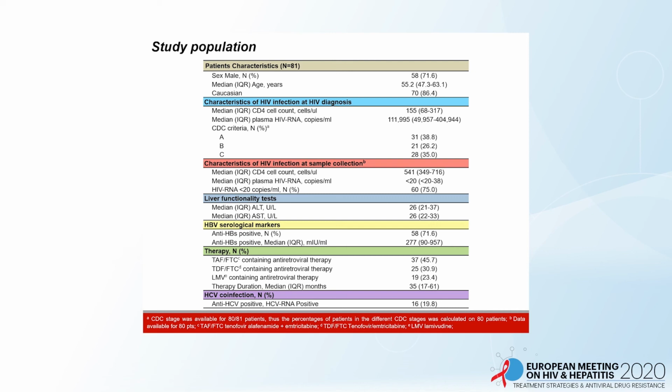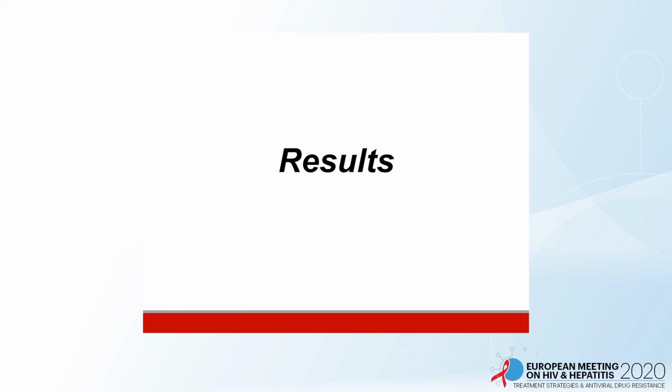The table reports the characteristics of the study population. All patients were anti-core positive and HBsAg negative with serum HBV DNA lower than 20 international units per ml. Moreover, patients showed normal median ALT, and 17% were anti-HBs positive, with a median titer of 277 milli-international units per ml. Regarding HIV, most patients were virologically suppressed, so with HIV RNA lower than 20 copies per ml, indicating the virological success. Moreover, most patients were treated with combined antiretroviral therapy containing TAF or TDF with emtricitabine. Moving to the results,